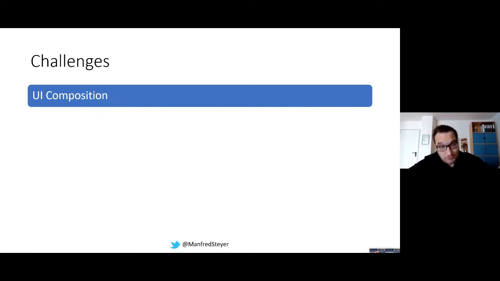One challenge is you have to concentrate on UI composition. That means you have several loosely coupled micro frontends, but you have to present them to the user as one big thing. The user is not interested in starting 50 micro frontends each and every morning. We are happy about this, because that means 50 less complex, tiny pieces of software. The user is not interested.